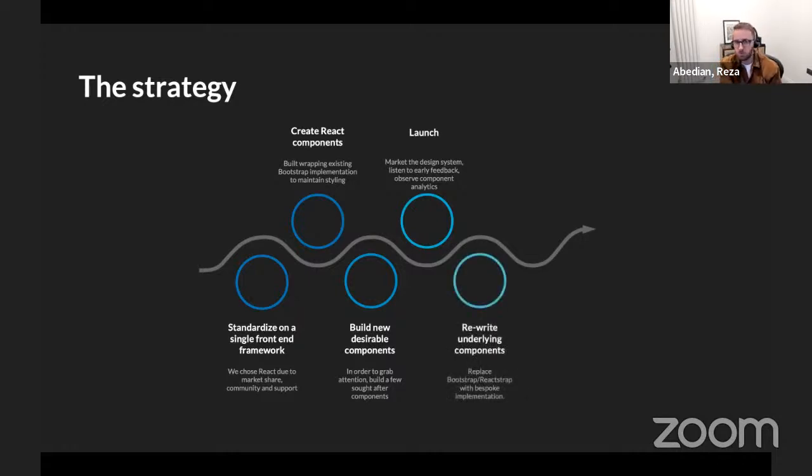Once teams were using our components, we began refactoring the innards of the components to move away from the styles coming from the Bootstrap classes and instead use our own approach for implementing styling. So we use TypeScript and CSS in JS frameworks for a better developer experience and componentization of styles. Then over time, as teams upgrade their components using NPM, our components would be moving with each update to a different design language and technology stack.